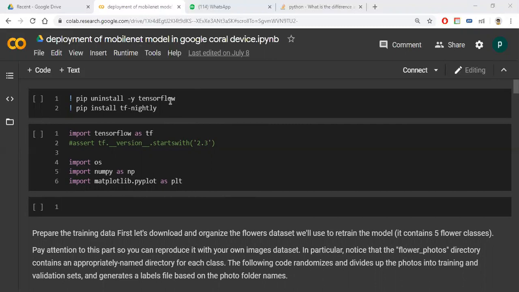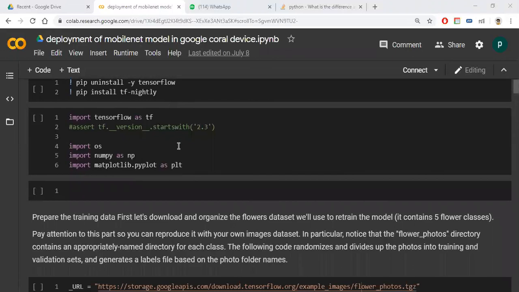The main difference between TensorFlow nightly and TensorFlow is, if TensorFlow consists of any bugs or errors, the TensorFlow team will not resolve them immediately. The advantage of TensorFlow nightly is it is updated automatically every day. That's why it is called nightly, because every night it is updated.